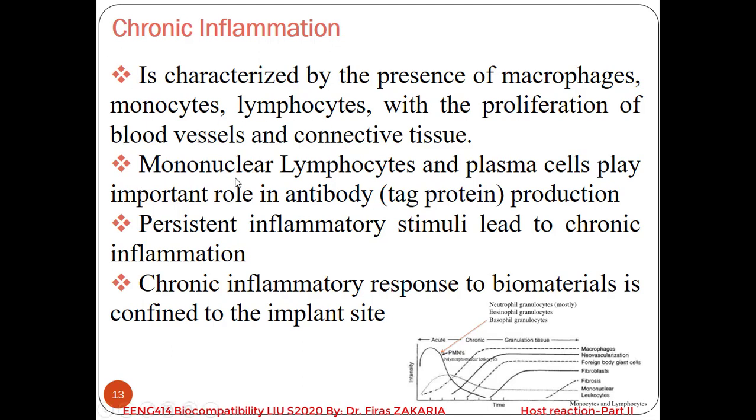Also, note here that the mononuclear lymphocytes and the plasma cells play an important role in antibody production. When I say mononuclear lymphocytes, they are the monocytes and the lymphocytes, you must know this point. They play a very important role in antibody production,